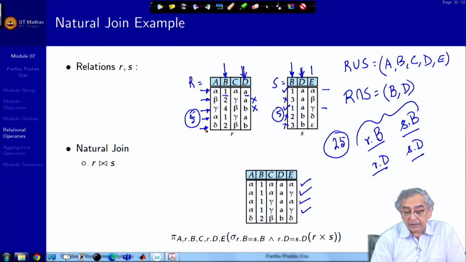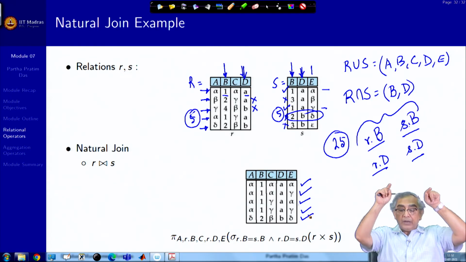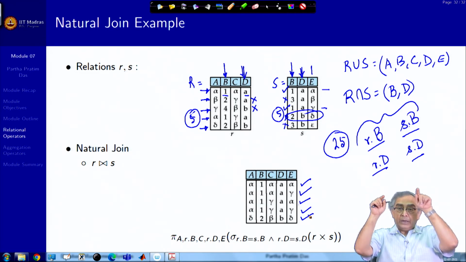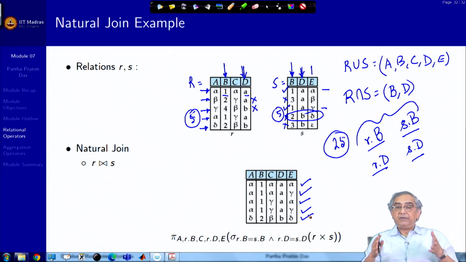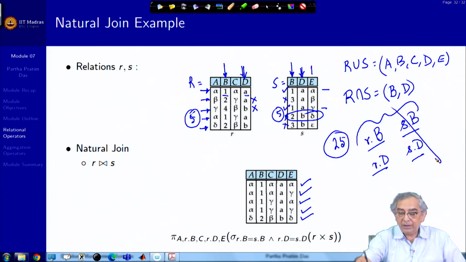Then you have delta, which is 2B. So, 2B will only have this 5. Now, necessarily on both these R.B and S.B you will have identical values, and on R.D and S.D will also have identical values. This is by the way you are making the choice. So, it is redundant to keep both. So, you remove one